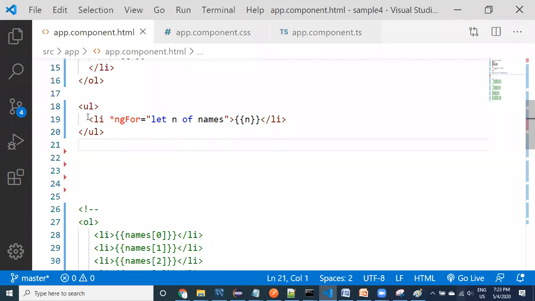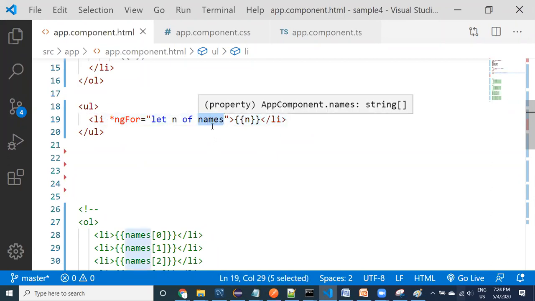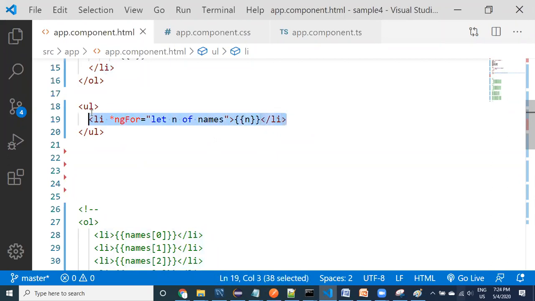Actually, we used li five times, but now we are using it only one time because ngFor is provided like this. ngFor is going to create multiple li's internally. As many values as are available in names, that many times it is going to be created.